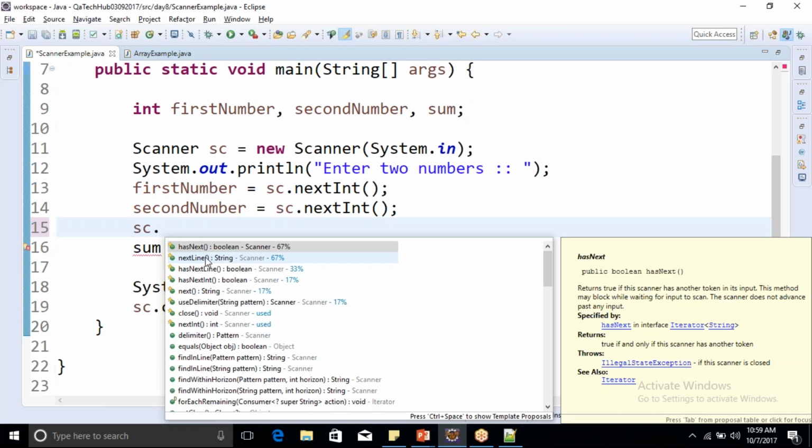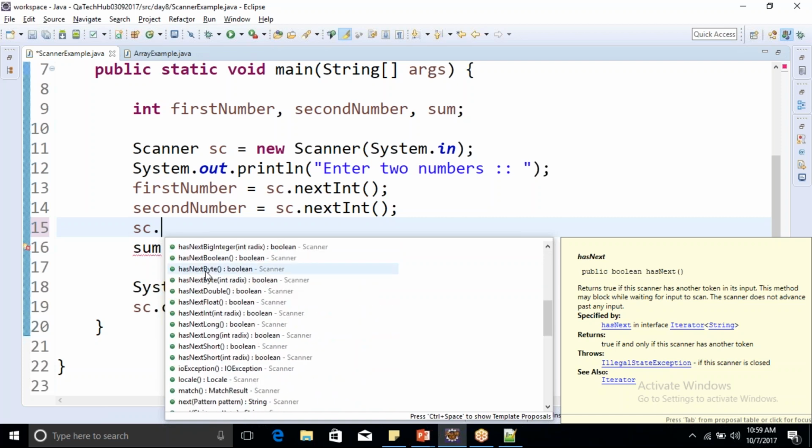Next line is again for string. So you will pass the complete string, I mean a complete line. And there are many more methods, next byte and so on, but not for use for us. Here we have next byte, next boolean, next double, next float, next short. So all the 8 data types which we studied, for everything we have